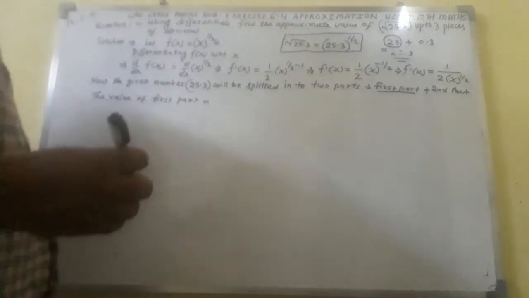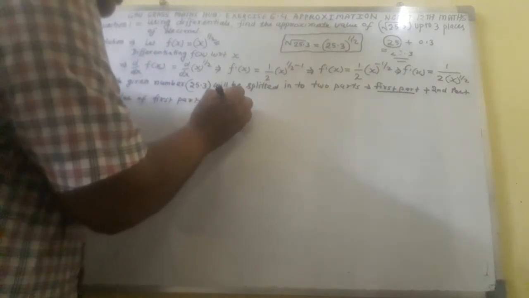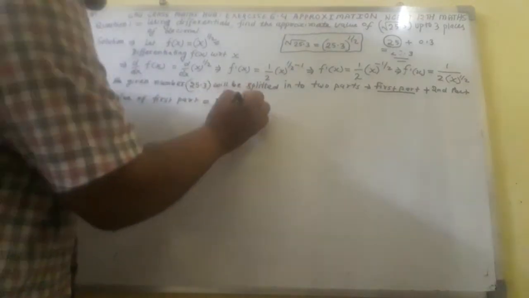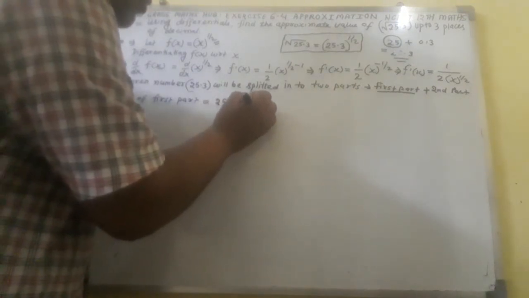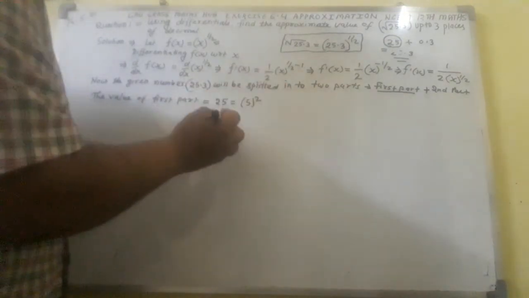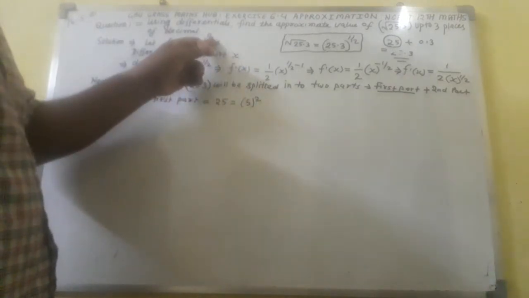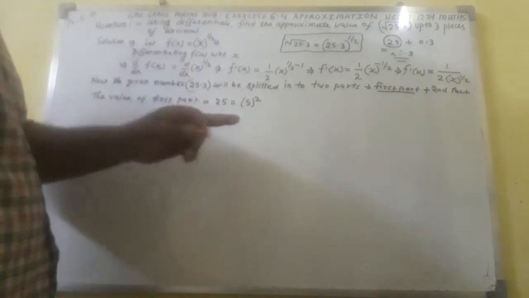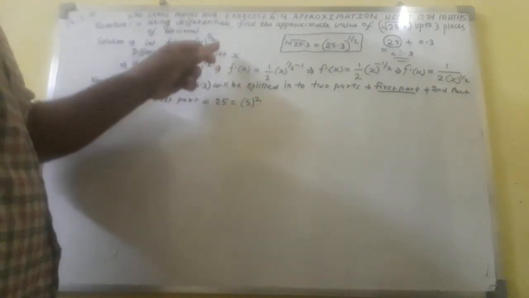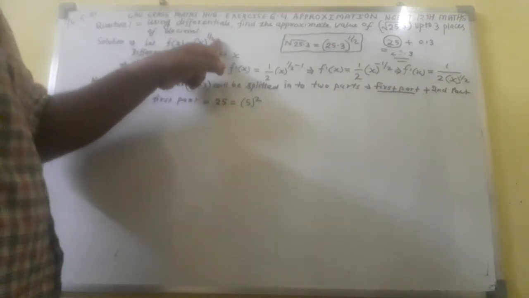The first part I shall take. If I take the first part 25, you can easily get 5 का whole square. So now power 2 or this power 2 must be the same. Power 2 and the denominator here, 2 is available, must be the same. Remember this one. This thing you have got. So what will we do?